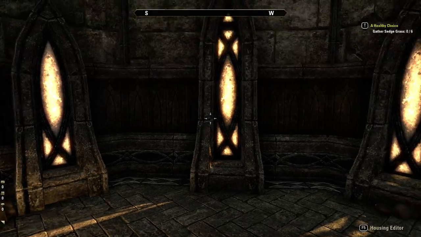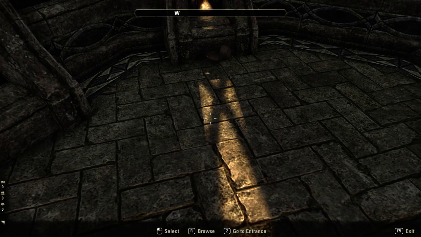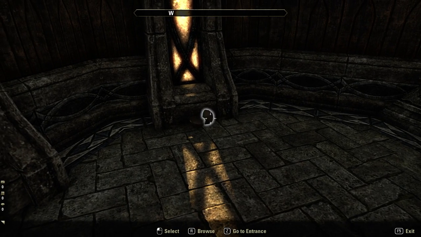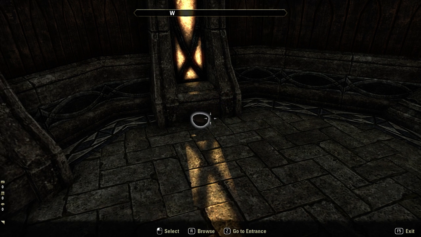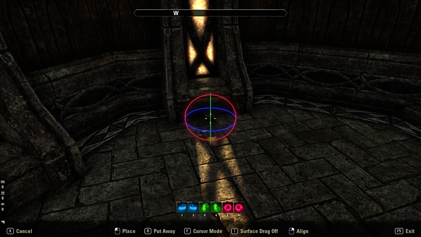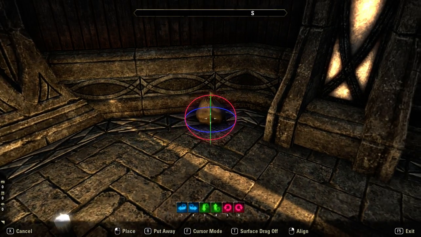So you can hit F5 to go in and out of your placement thing. And if you want to pick up stuff, you can go in here like this and just highlight the item and hit select, and then you can put it away by hitting R and it'll pick it up. So that, I think, is also kind of cool. I can also do it with this bag, which I placed earlier. So,